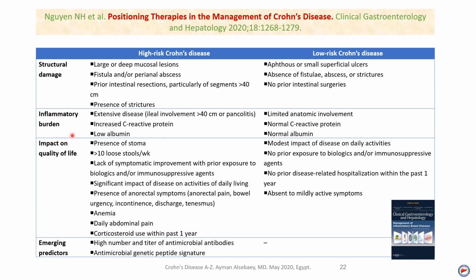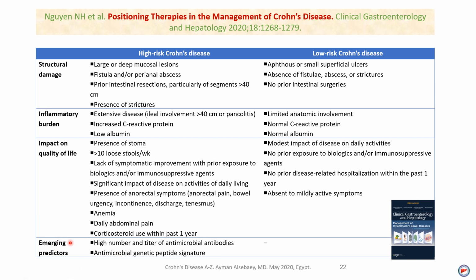The inflammatory burden, if there is extensive disease more than 40 centimeters, okay? If there is high CRP, if there is low albumin, oh, he has added here some investigations like low albumin and CRP, okay? The presence of a stoma, of course, this means that there is previous surgery. If the number of stools is more than 10 per week, okay? If there is lack of response, PROs, to the biological therapy or immunosuppressive therapy, okay? If you have impact on the daily activity, any rectal symptoms, the presence of anemia, daily abdominal pain,